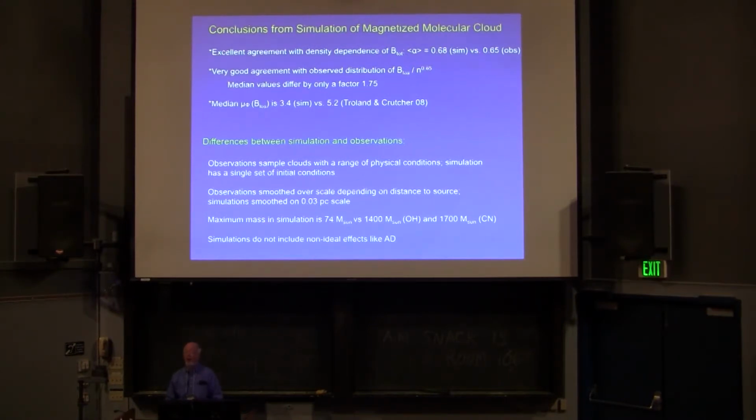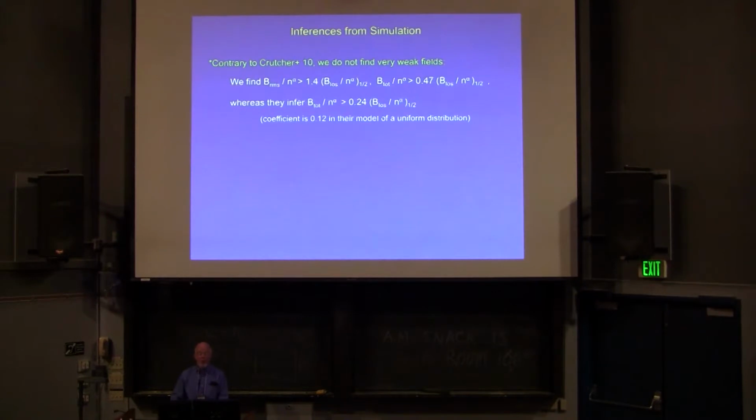Then finally, the simulations were ideal MHD simulations. They do not include non-ideal effects like ambipolar diffusion, whereas, of course, Mother Nature has to include everything. So the inferences from the simulation are that, contrary to the results of Crutcher, we do not find very weak fields. And as I've emphasized before, the RMS field